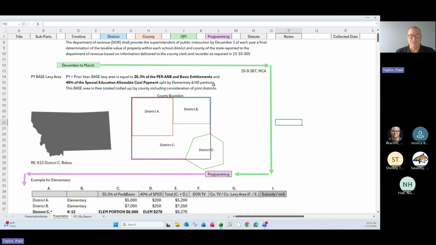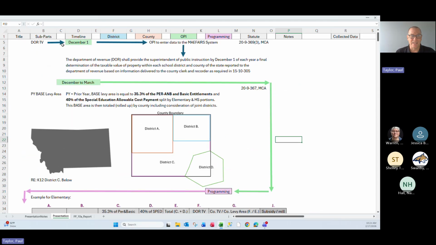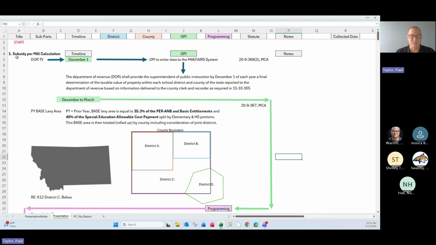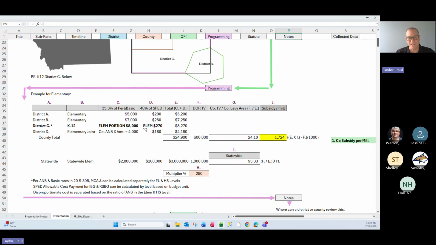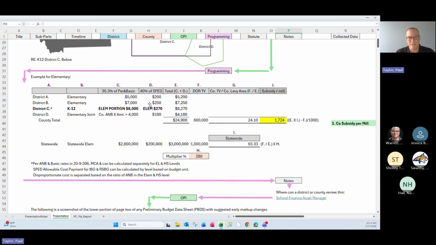So now that I've talked about the concept of needing this calculation that determines how much in a subsidy we're going to give per each mill levied, we needed this taxable value, and we need to figure out this levy area. Let's just look at the formula a little bit. This is the formula that has been designed,